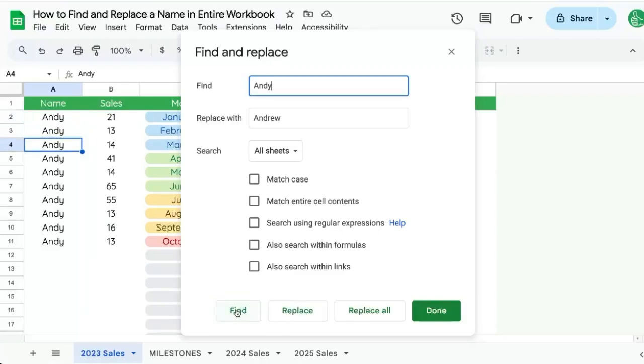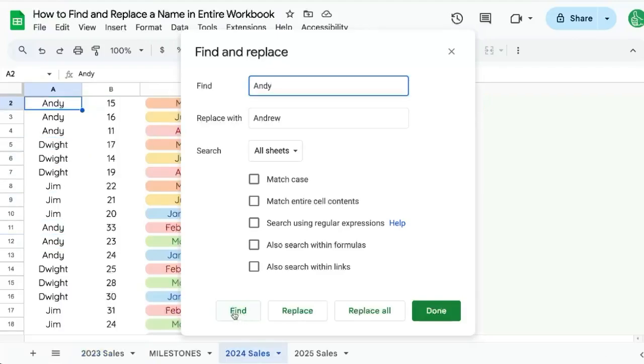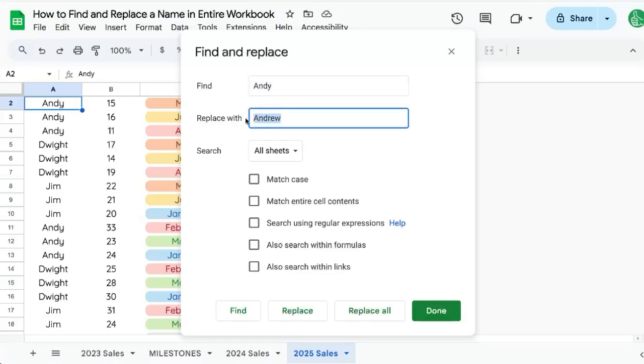This will find the next one. Even if we go to the end, it will go to the next page there that finds Andy. So we can click through this a lot and see Andy is in a lot of places. Now, if I actually want to replace every single Andy on this workbook with Andrew, all I have to do